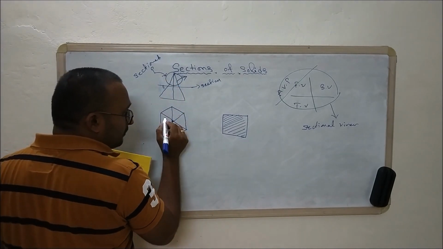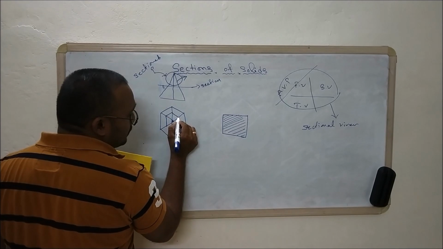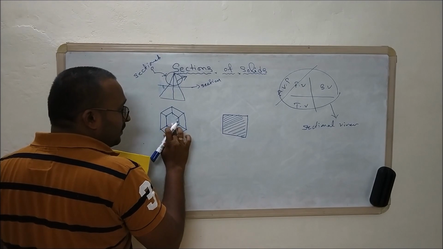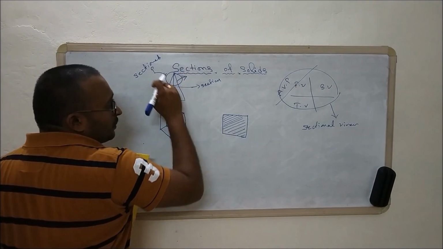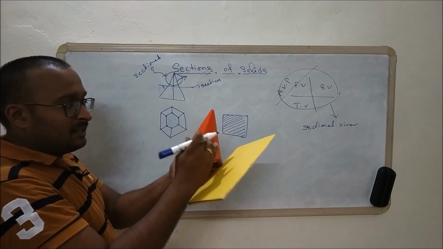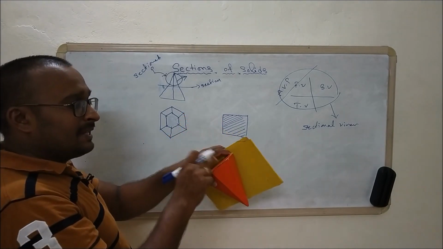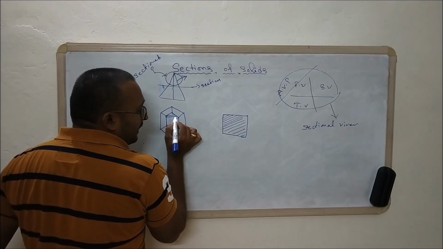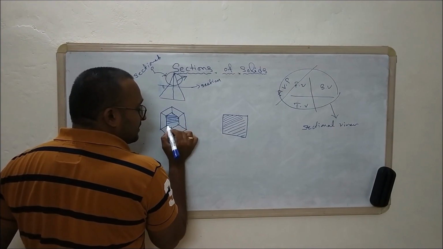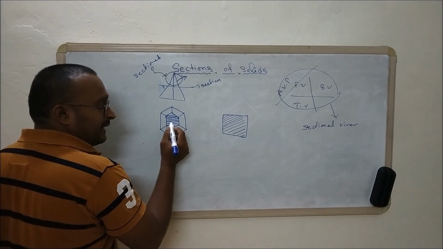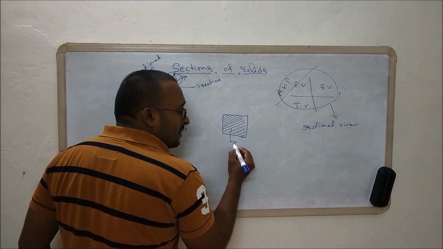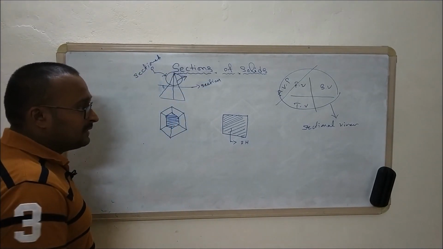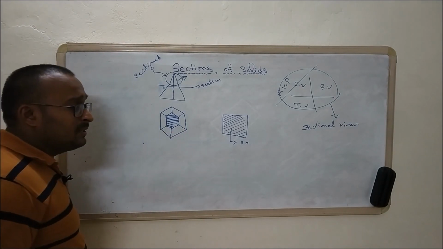Now we project all of them, and then we will get the sectioned portion. After removing that particular component, wherever you cut it, it will look like a hexagonal shape, but reduced. That should be represented with hatching lines. These are called hatching lines. These hatching lines must be drawn with a 2H pencil.